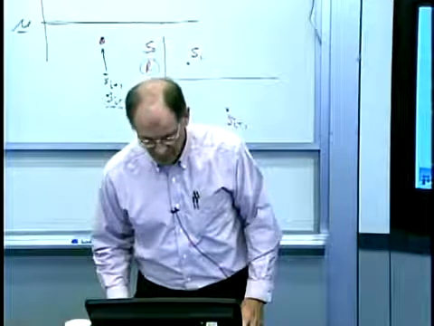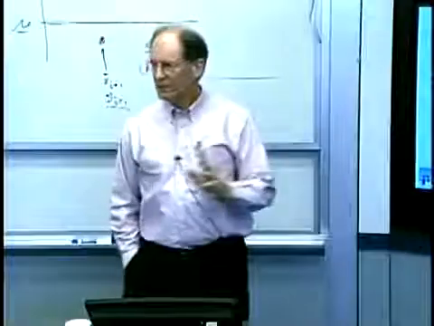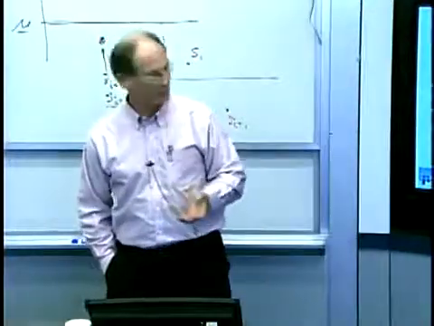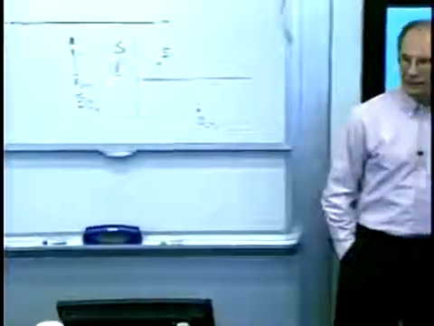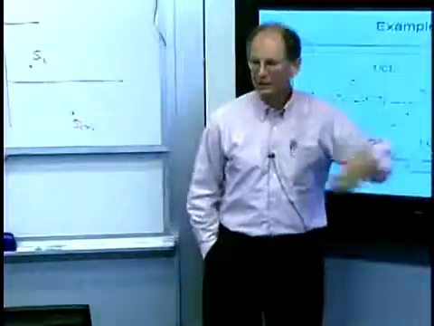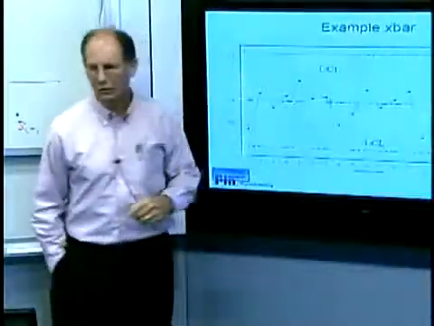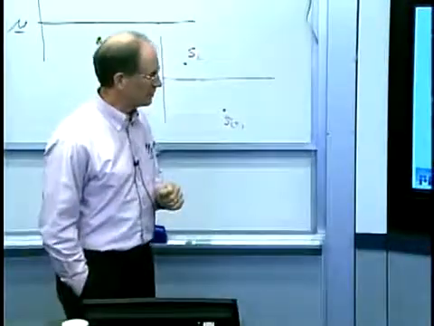But for both the X-bar and the S-chart, what is typically done, and you'll always hear about this, is the plus or minus 3 sigma limit. So here's an X-bar chart, a historical X-bar chart. I've calculated the grand mean, the arithmetic average. I've calculated plus or minus 3 sigma of the grand mean with the correction factors and all that.